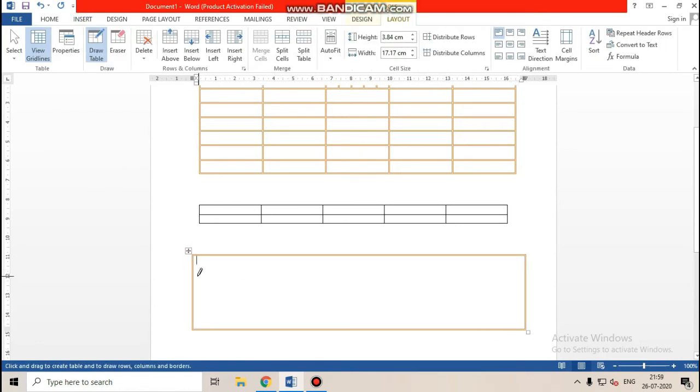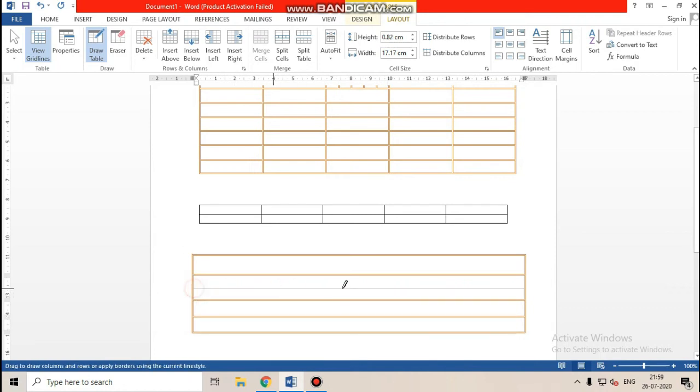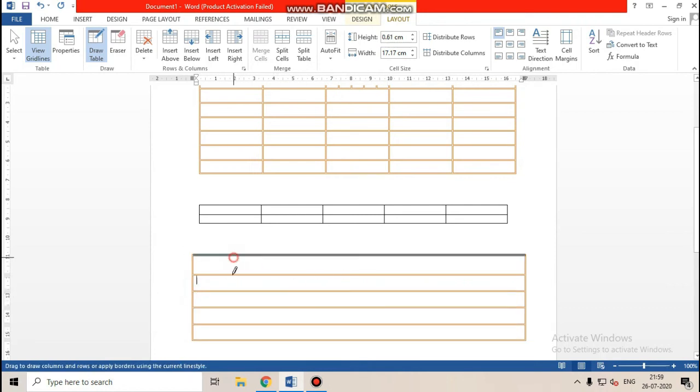Now I have a single cell, now a column, like this column, like this column, automatically. It is your choice, means you are manually creating the table. I like this option, but I use it very little. So now the table is ready. You have this method also, it is up to you.